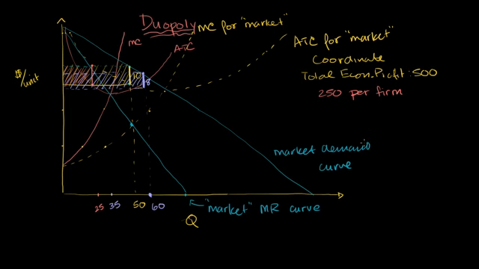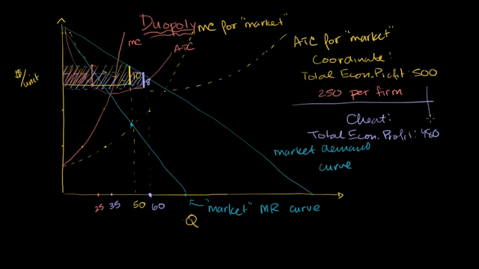So if they cheat, let's talk about the cheating circumstance. This was coordinate. Now let's think about if they cheat. Now we have 60 units for the whole market times $8 of economic profit per unit. You're going to have total economic profit of 480. Your total economic profit went down, and that makes sense because now as a market, you're producing beyond